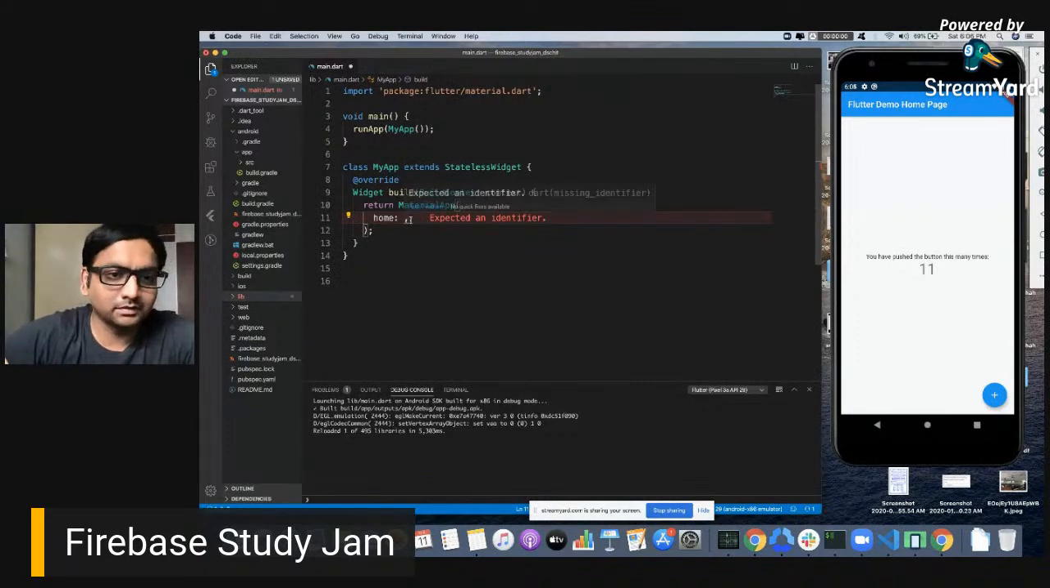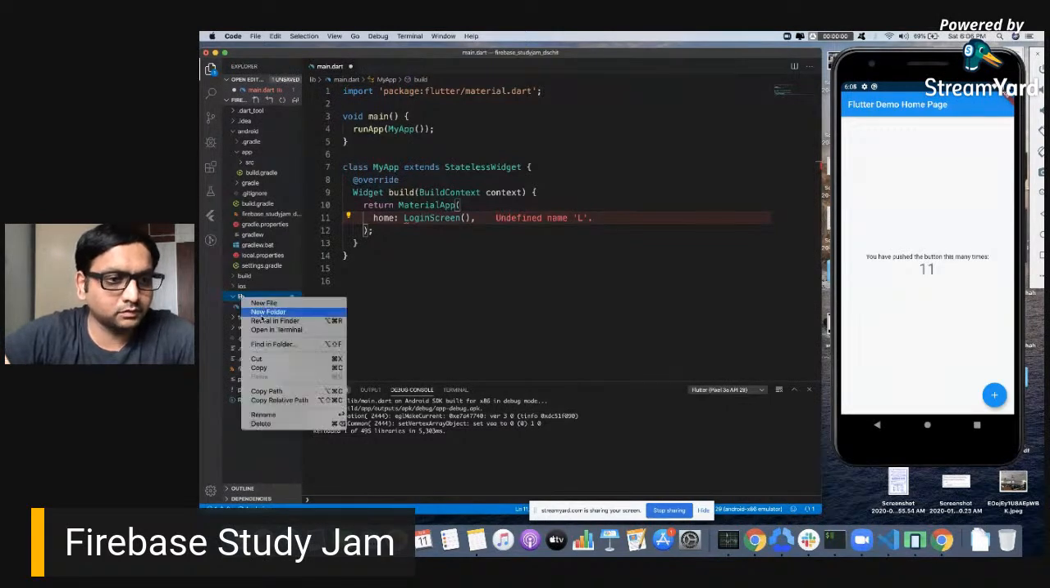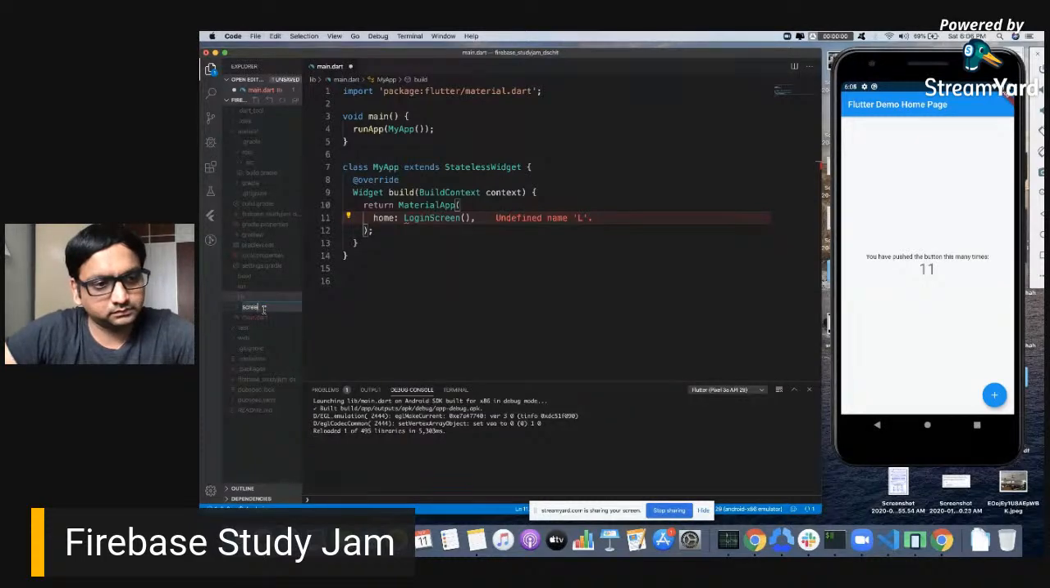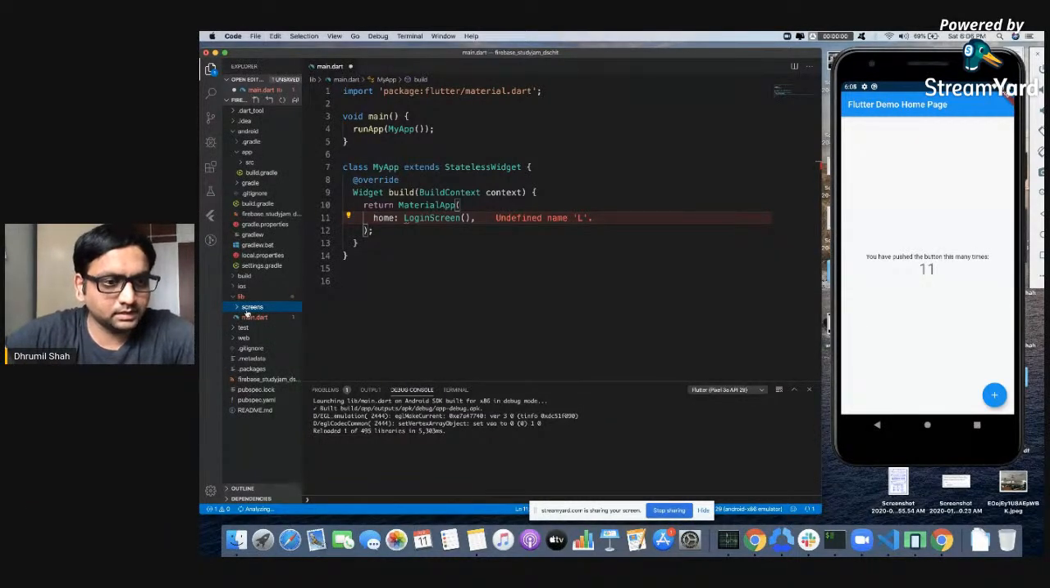Okay. So what we need to do is create one simple login screen over here. To do that, I will create one more widget here. In a new folder, I will add screens. In screens, I will add a new file, login.dart. And in the login.dart, we will add